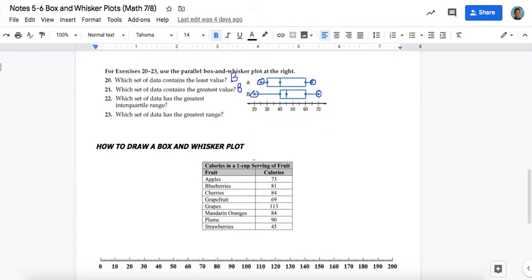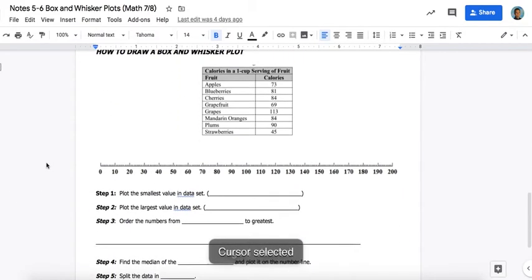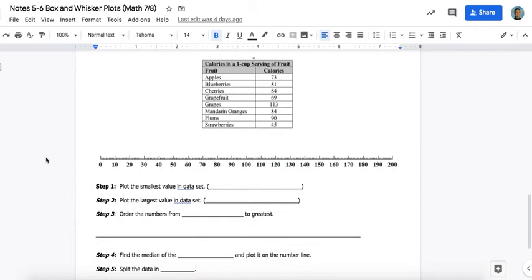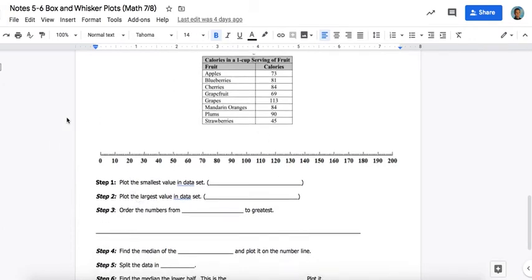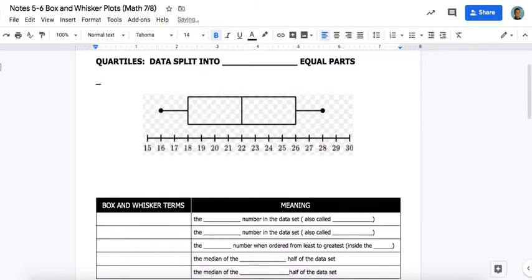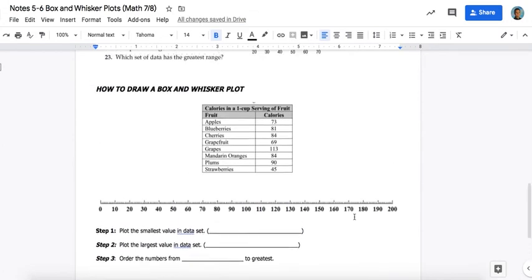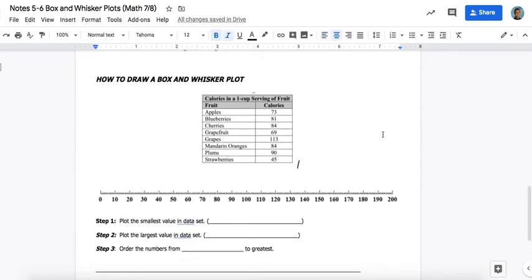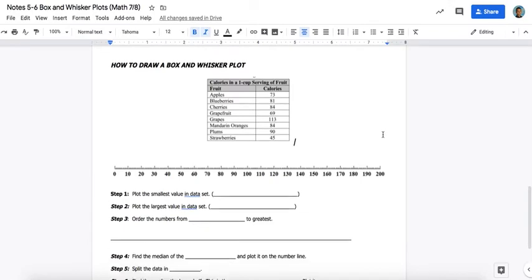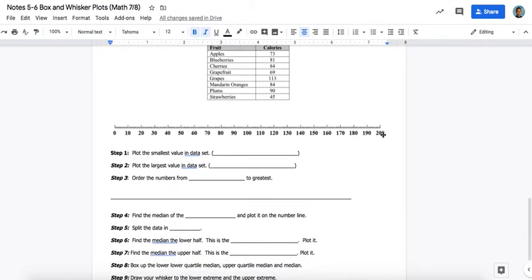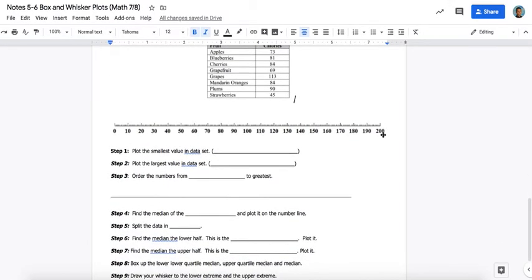So let's look at how to draw a box and whisker plot. So we have calories in 1 cup serving of fruit. So we have our fruits here, and we have our calories. I'm trying to shrink the screen here so we can see it all at once. We can see most of it. So the first thing we have to do